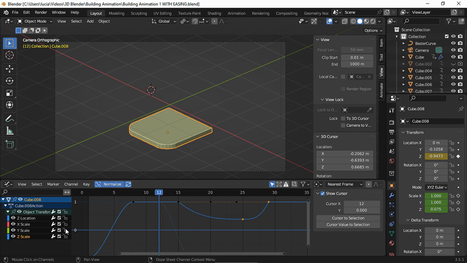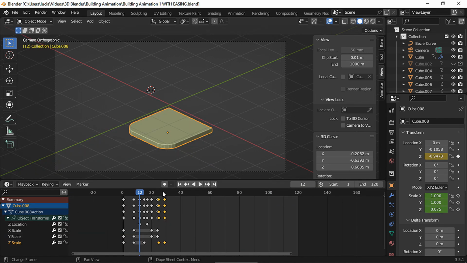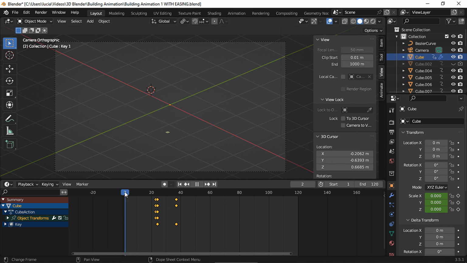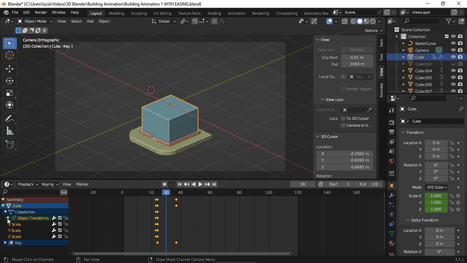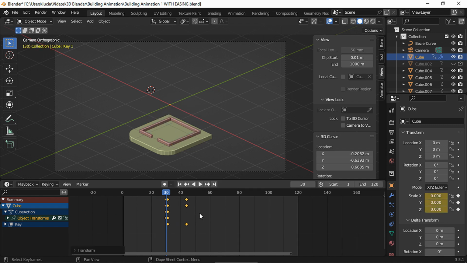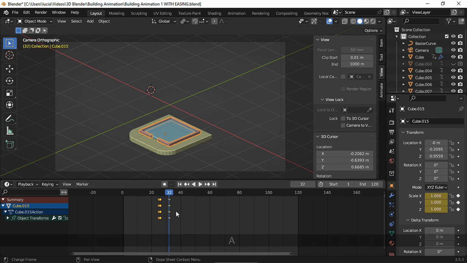Let's unlock the channels, and I'm gonna go back to the timeline and let's move the building's keyframes. Make sure you didn't lock any channel, A to select all and G to move. For the border, first I'm gonna move the keyframes so the border doesn't appear before the building.